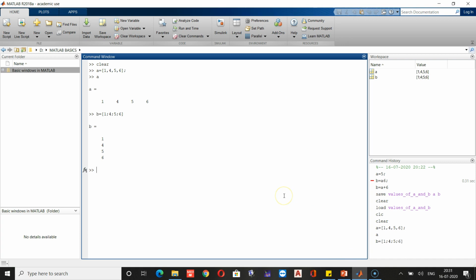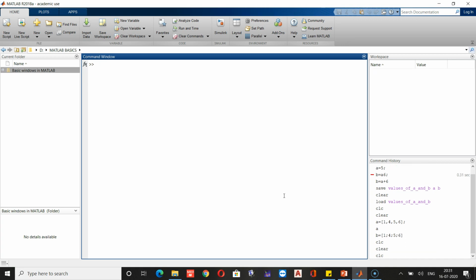Then what was the second way? I told you an option called linspace, right? I will just give clc and then clear so that the command window looks better. All right. Now we will use the next option called linspace. To understand this, we can make use of this command called help, with a space, and then you need to type whatever operator you need to learn about.